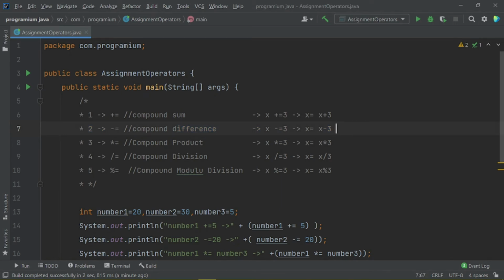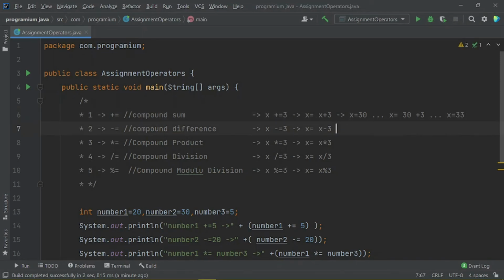So let us imagine a scenario here that if the value of x here is equals to 30, then after performing operation of compound statement on this variable, that means 30 plus 3, so the value of x again would be 33.